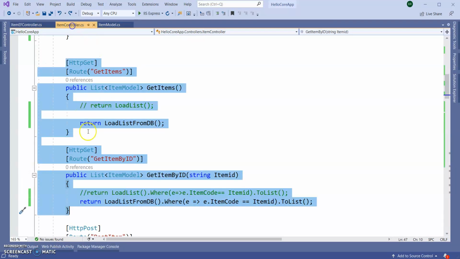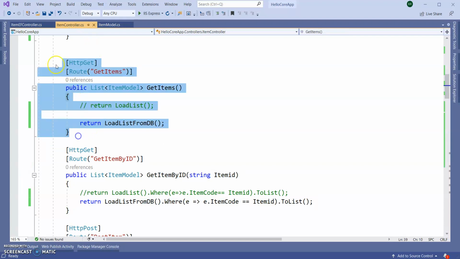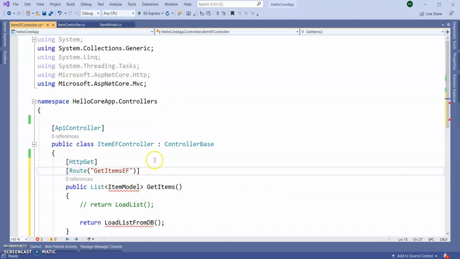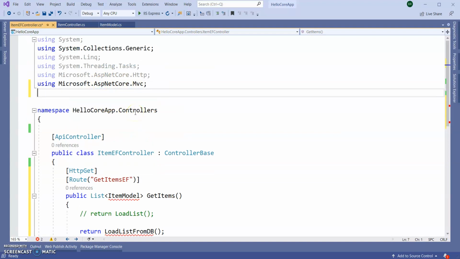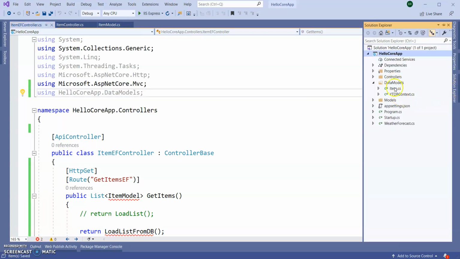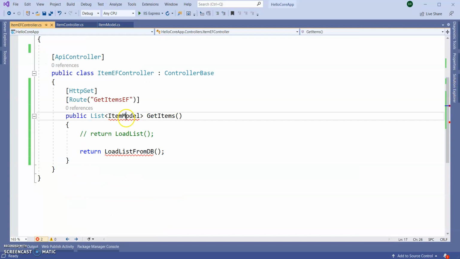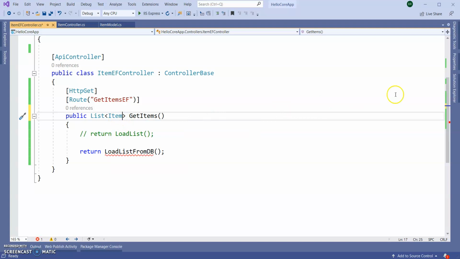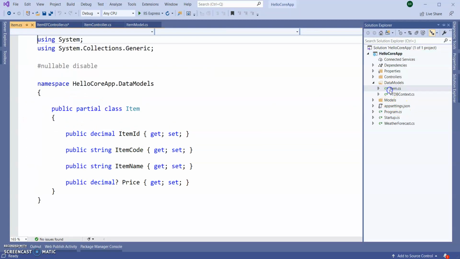Here, the same thing, get items. I'm just creating one more API here, get items from EF. Here I'm going to use my application name dot Data Models, my newly created folder or the context model. You can see this Item is present here, the Item.cs.